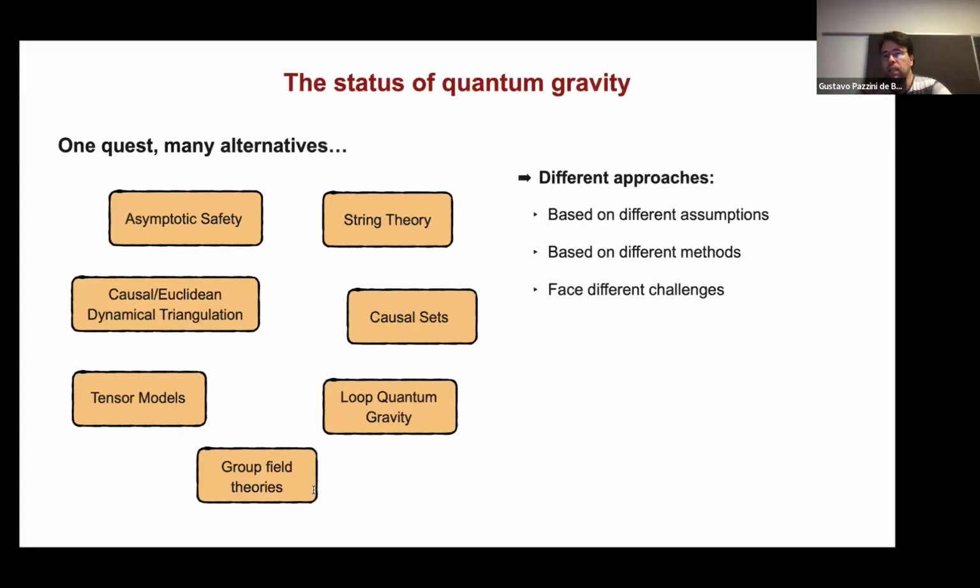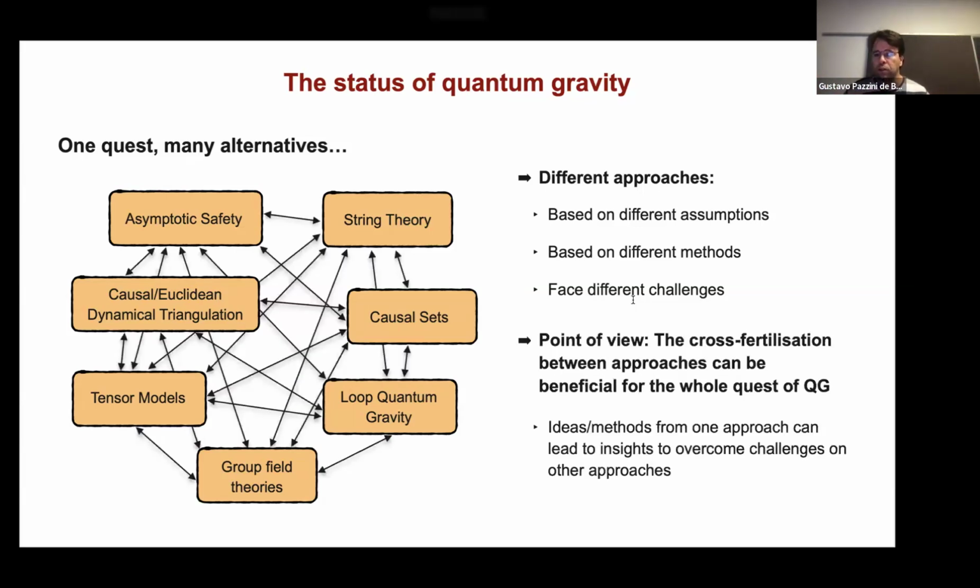Okay, so let me then start with a motivation on why to connect different approaches to quantum gravity. The current status of our quest for quantum gravity is such that we have several alternatives. We have asymptotic safety, we have string theory, and many others. These different approaches, in general, are based on very different assumptions. And generically, they are also based on different methods. In general, they all face some kind of challenge, and typically they have different challenges between the approaches. What can be a challenge in one approach can be solved in another approach, and so on. Or they can also share some of the challenges.